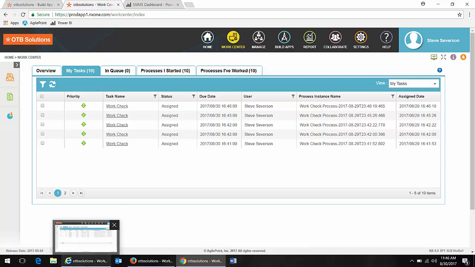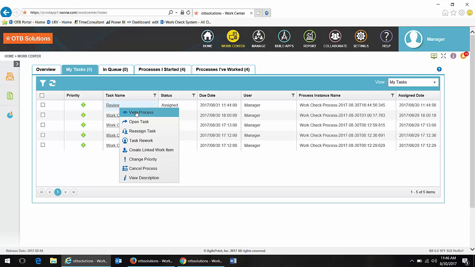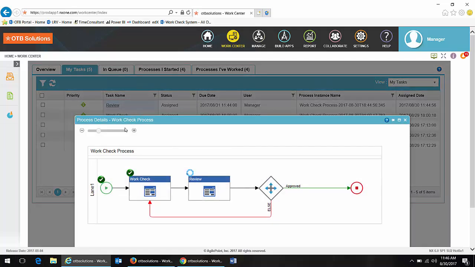So if we go into the reviewer, we can see that they have a few task lists here, and clicking on one of these, I can see that I have a lot of different options. Clicking on View Process will open the process model right here and show an overall view of the process, along with which activities have been completed, which ones are in process, and which ones have not been interacted with. And this is a really nice and easy way for people to see lots of information about what's going on